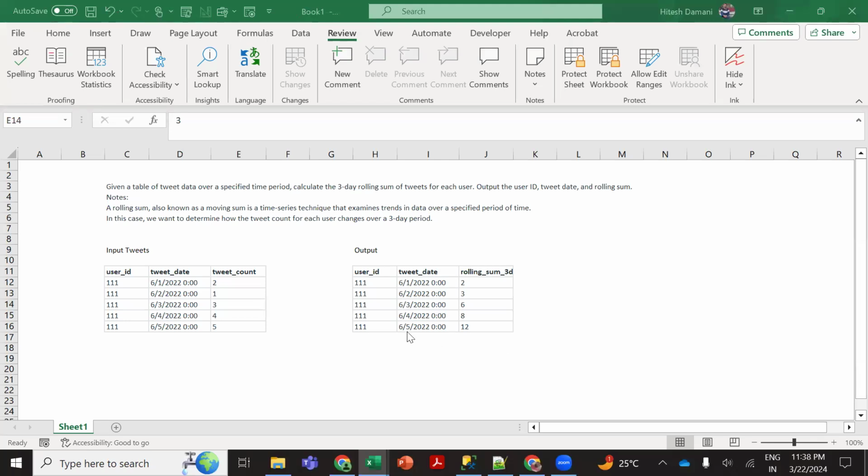So as we can see, we have an input table from Twitter, and in this particular table we have user id level details. So basically the number of tweets a particular user had made on a specific day, that kind of information is getting captured in this table. And the problem statement is that we have to calculate a 3-day rolling sum of tweets for each user, right? Now you guys might be wondering what is rolling sum,